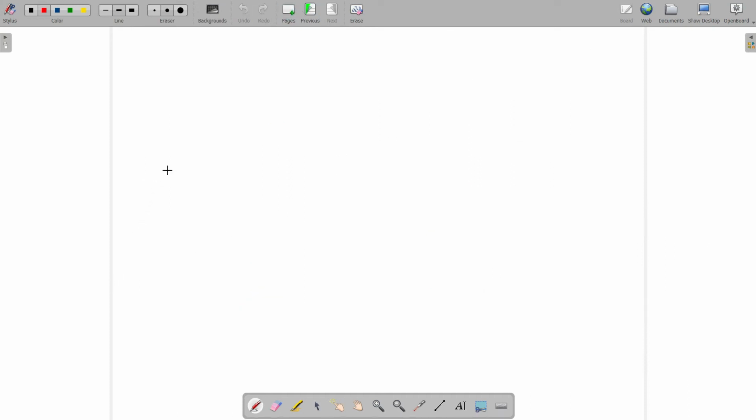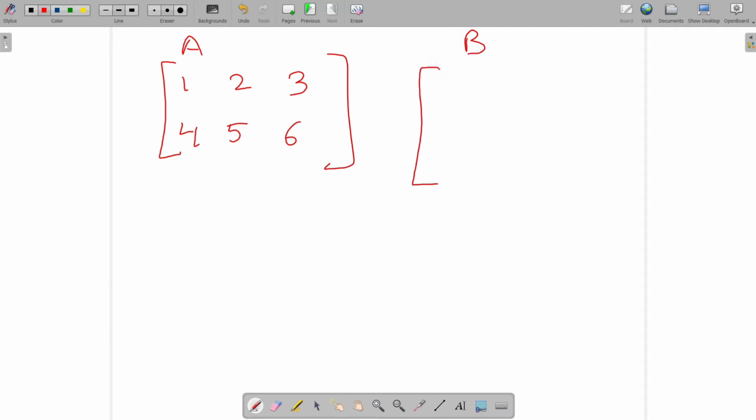So let's say I have two matrices. A has 2 rows and 3 columns: 1, 2, 3, 4, 5, 6. Similarly, we have matrix B, which has 3 rows and 2 columns: 7, 8, 9, 10, 11 and 12.